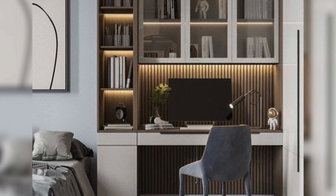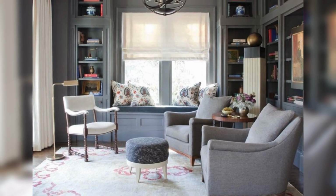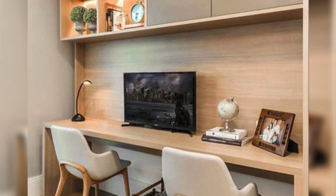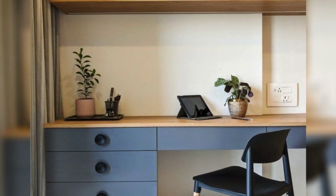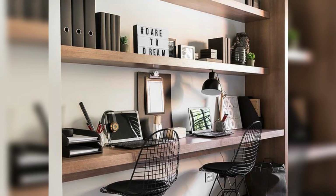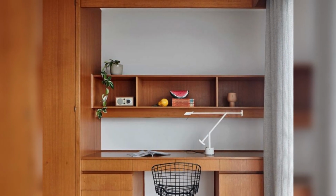Embrace a balance between practicality and aesthetics through the process of creating a study room that promotes focus and productivity. Step into the realm of studio living room design, where functionality meets style. Learn how to seamlessly integrate a study table into your living space, creating a harmonious blend that accommodates work, relaxation,